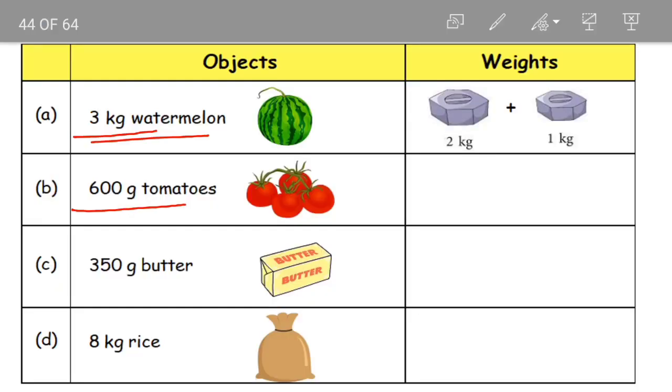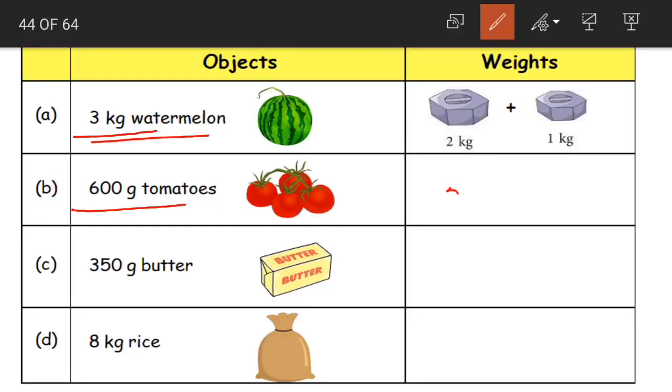So let us write here. What do we need? 500 grams plus 100 grams. Now next up we have 350 grams